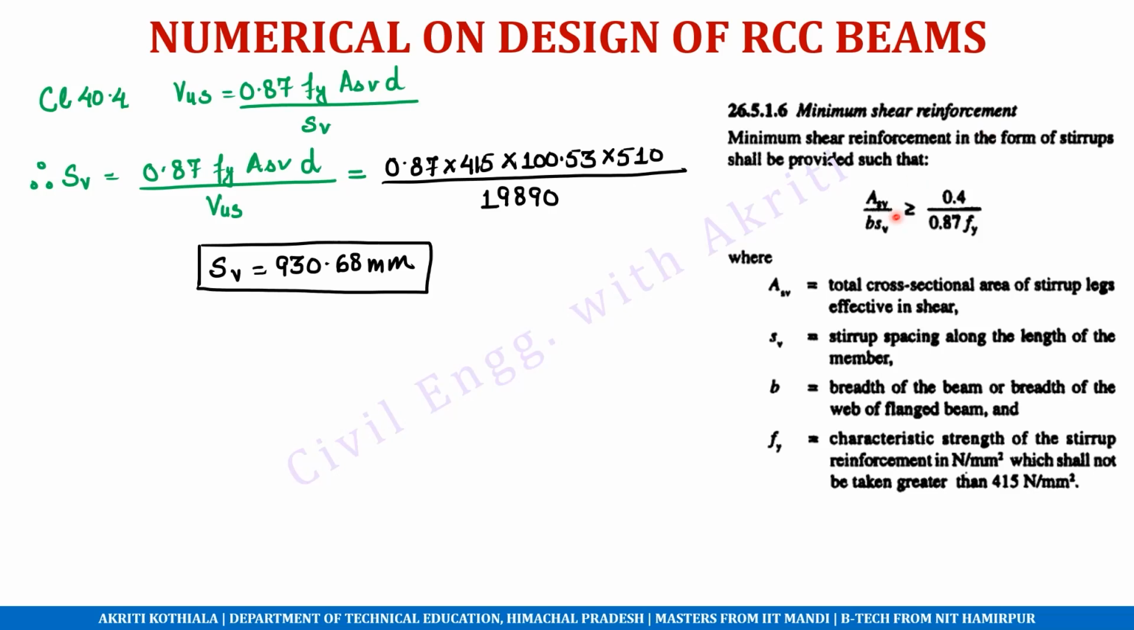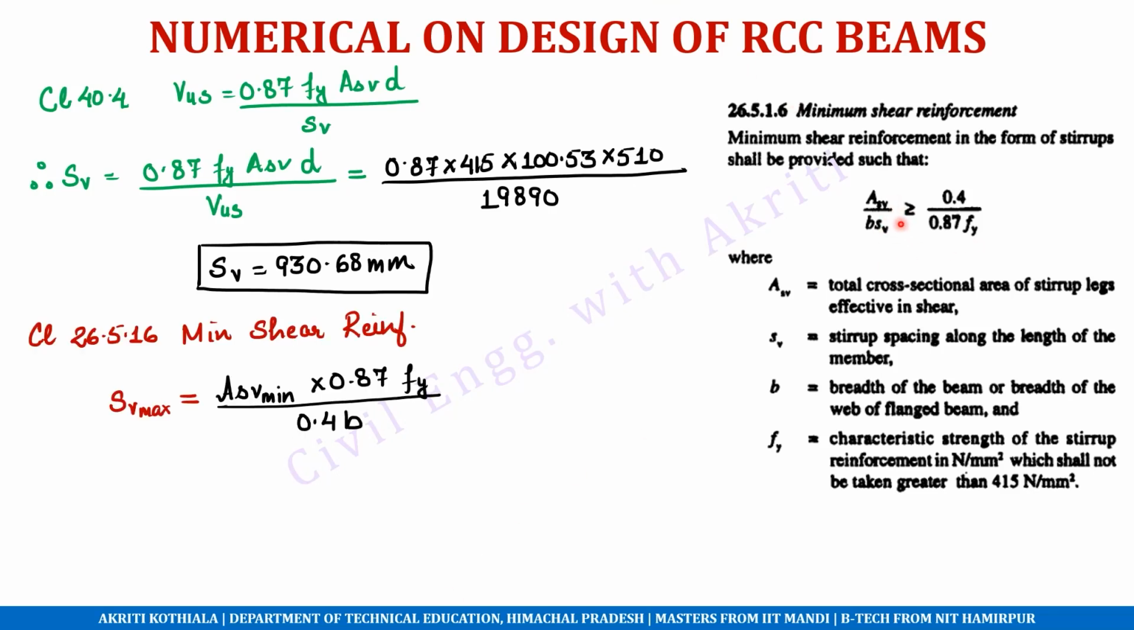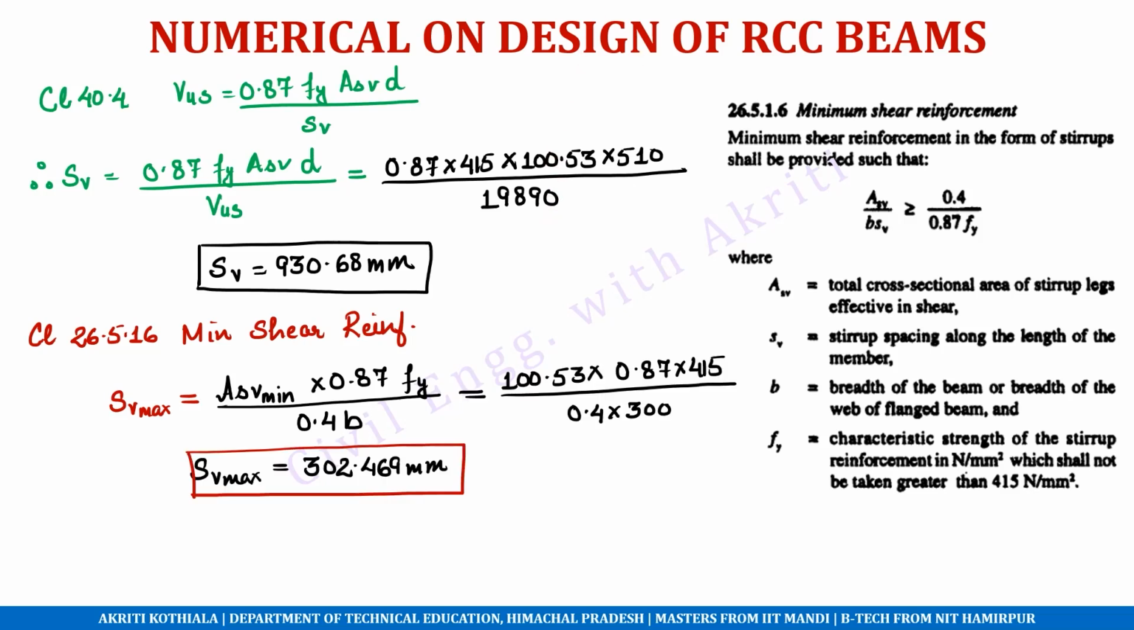26.5.1.6, the minimum shear reinforcement has to be equal to ASV upon BSV should be greater than equal to 0.4 upon 0.87 Fy. So from here we will calculate this value of maximum spacing. So rearranging this equation, we get ASV minimum into 0.87 Fy upon 0.4 B. But ASV we are taking to be equal to 100.53 corresponding to the 8 mm diameter bar, two-legged 8 mm diameter bar. So SV max calculates to be equal to